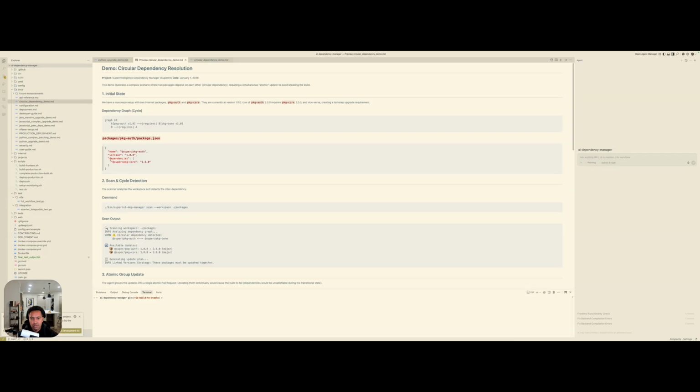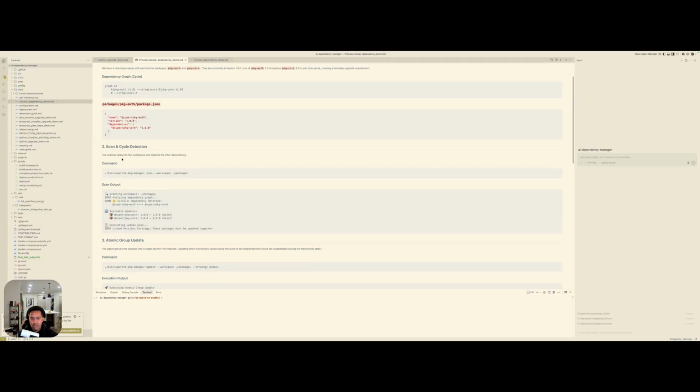And in package auth the dependencies list package core, and you can see that it's also 1.0.0. So it has a cycle detection. Essentially, you have bin, super dep manager, scan. You can consider this as the binary. Eventually, once it's shipped to production, you'll see it in a nicely formatted CLI. You could call it SDM or whatever. And then workspace